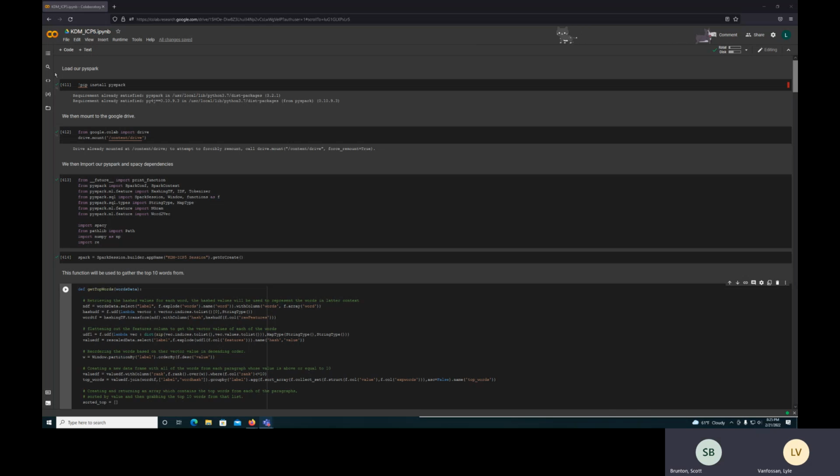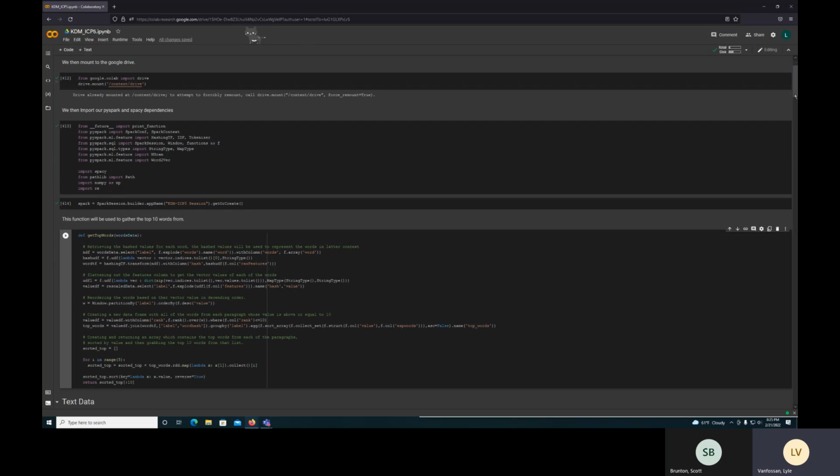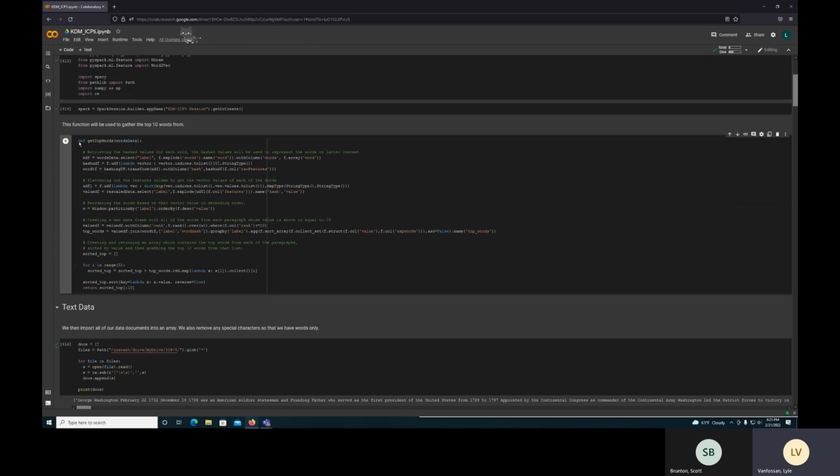So to start off, the first things that we did were naturally loading up PySpark through the pip installation, collecting all of our imports from PySpark and other various libraries. For this application, we created this function here for collecting the top words from our data frames. Essentially, we're going to be using it for all of the different types of text data: our standard text, our n-grams text, and also our lemmatized text as well. How this function works is basically you feed it the words data that you've collected from